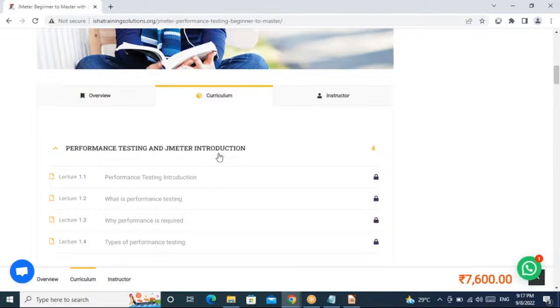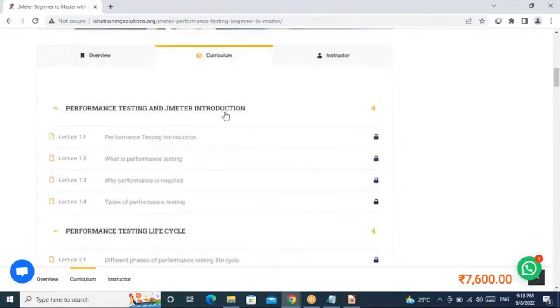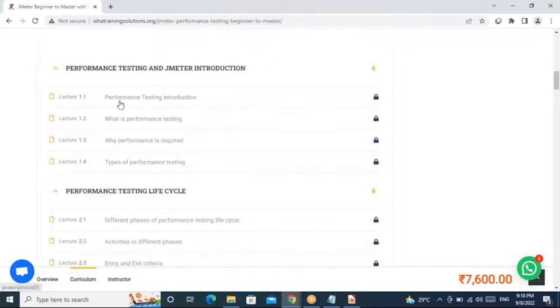During this training, we will be focusing on different topics. So let me take you through the different topics. The course curriculum will be the performance testing and JMeter introduction, first of all. As I said, for any beginner, I'll give